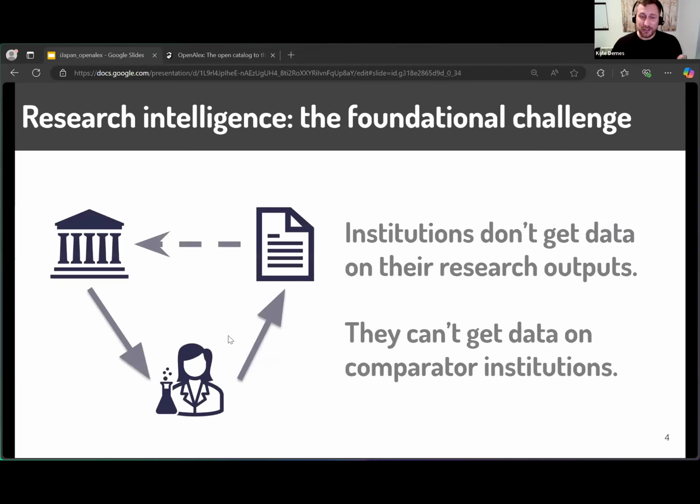The problem here, or the foundational challenge we're trying to address, is that when a researcher publishes a paper, their university doesn't decide what they publish. The peer review community of the world decides what they publish, and that's really important for the quality of science. But that means institutions, universities, governments, they don't have a list even of all the publications that they are publishing. That also means that they don't have data on other universities.